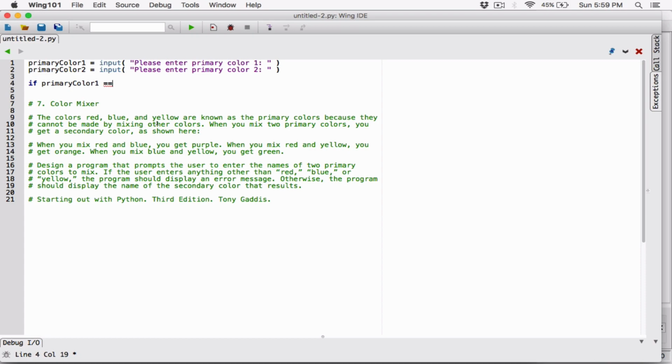If I use one equals sign, I'm assigning what's on the right to what's on the left. But if I'm using double equals, I'm comparing what's on the right with what's on the left. So I'm just comparing to see if it's equal to something. So if what the user typed for primary color 1 is equal to red, in quotes because it's just a string,